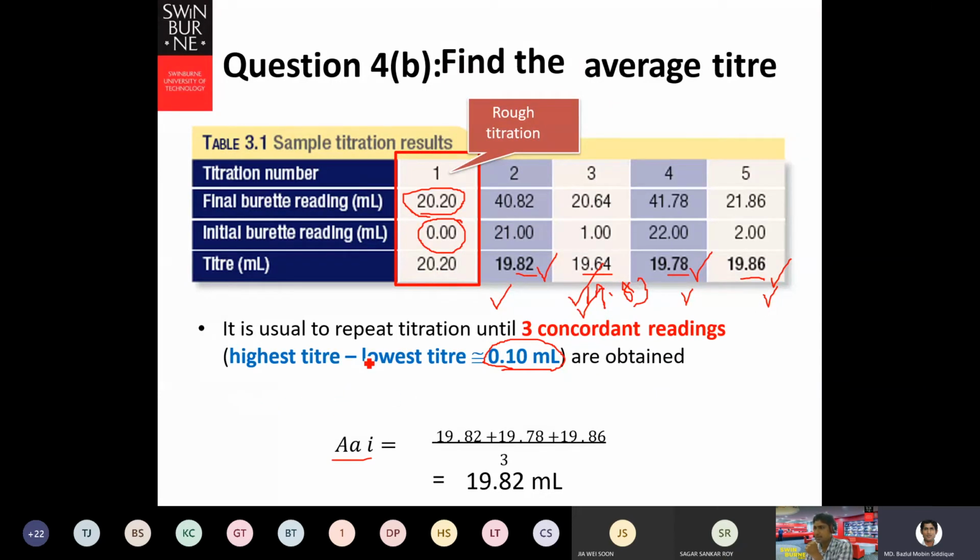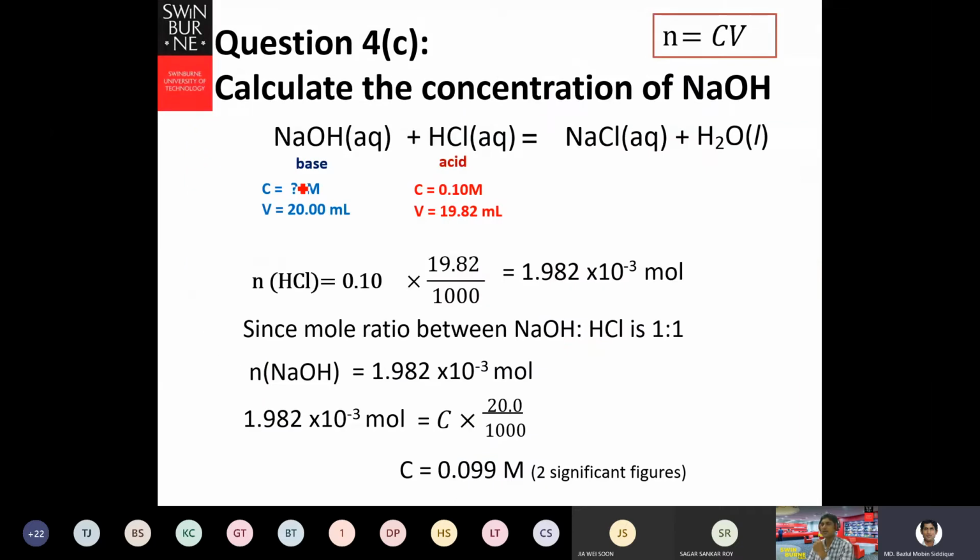And since for this calculation, there were 3 taken, so 1, 2, 3, sum it up and divide it by 3. So altogether, we found the final value is 19.82, right? 19.82 is the final value. So calculate the concentration of sodium hydroxide. I'm not going through a lot, but since we found the volume of sodium hydroxide, 20 milliliter that we started with from the pipette we added, but the HCl I added is 19.8